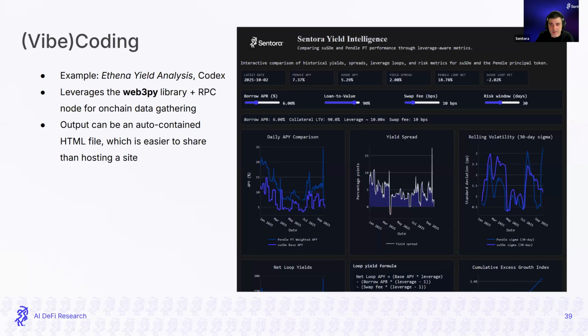It also has the advantage that in the past, even if we could come up with such a dashboard, we would need to host that dashboard on a website and engage maybe with some front-end developer. Nowadays, they can output these kinds of dashboards into a single HTML file. And this is preferred because we can just share that file with people rather than having to host the whole website. So yeah, very capable. It even inferred the colors; I didn't change anything. I just gave the branding guidelines of Ethena and it was able to come up with all the formatting.